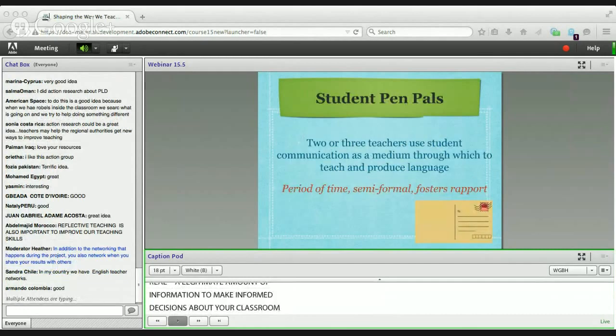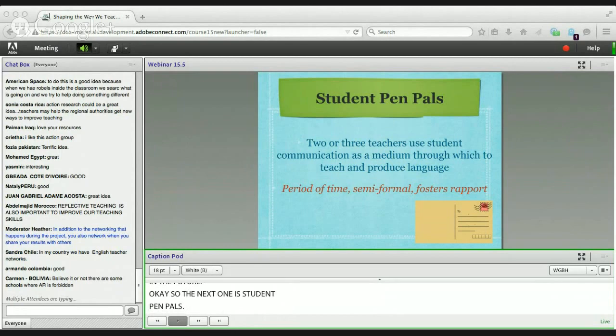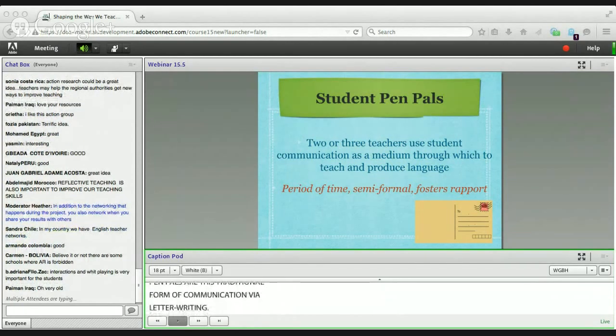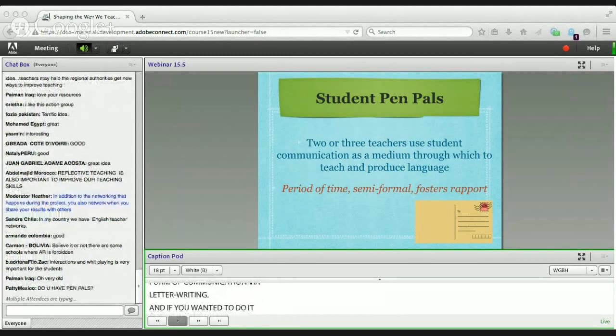Okay, so the next one is student pen pals. Pen pals are this traditional form of communication via letter writing. And if you wanted to do it through email, you could do that too. But it's very easy to do this without technology if that's not accessible to you. So student pen pals is a lower tech way for you to collaborate with a teacher, either locally or maybe